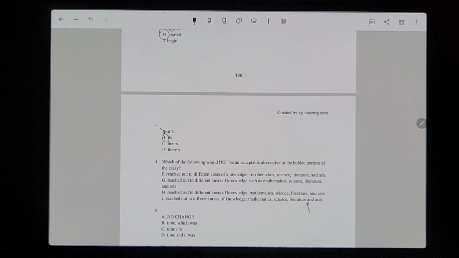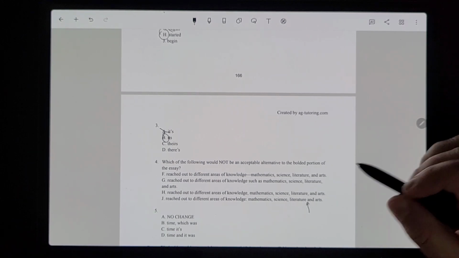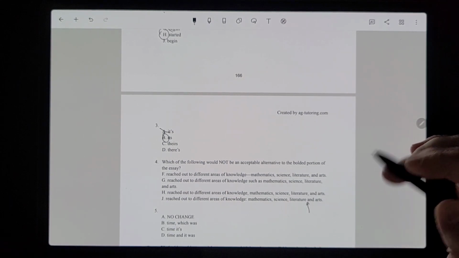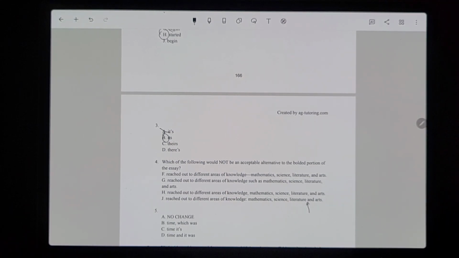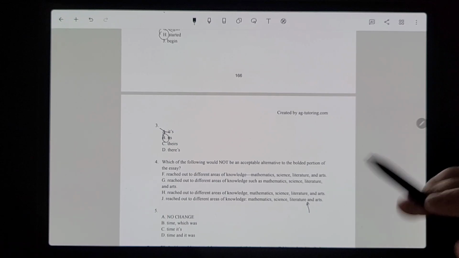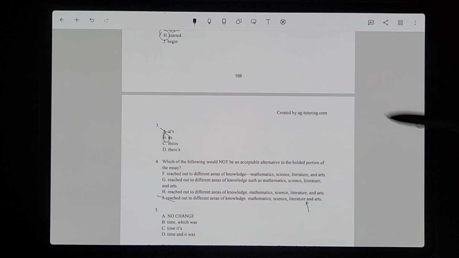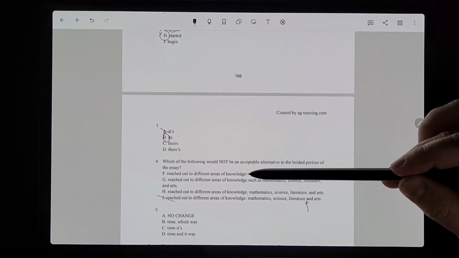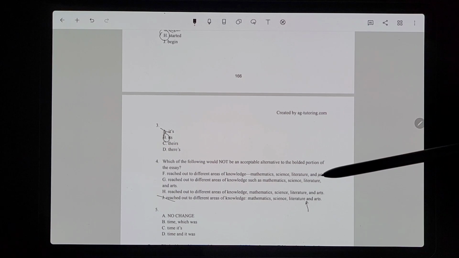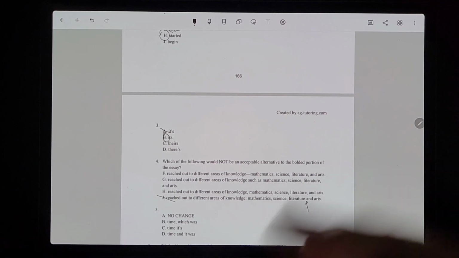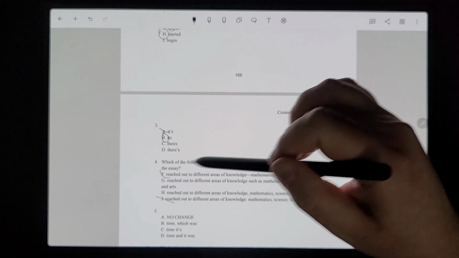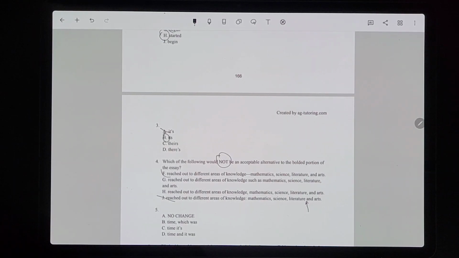Remember in the punctuation chapter, I said that they aren't going to test you on the difference between using a comma and "or" versus no comma, because in British English they say one thing, in American English they say another, and there's all this debate around it. So for our purposes, they're the same exact thing. So this would also be correct, and that's totally fine. And then we have an em dash followed by the list of items separated by commas, which is totally fine. So that's acceptable. Remember, we're finding what's not acceptable, so what does not work.